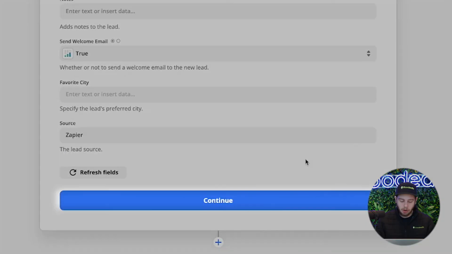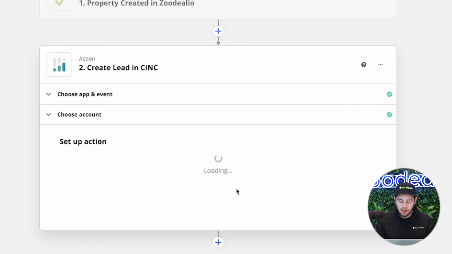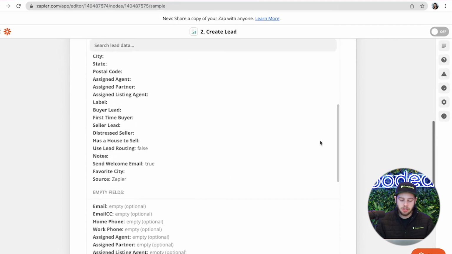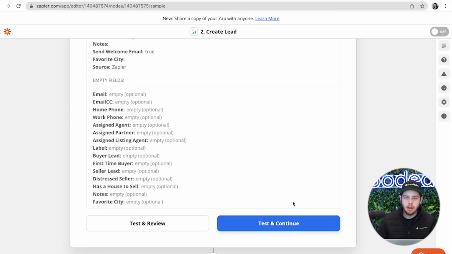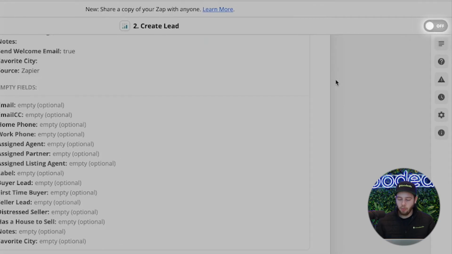Once you're done, you'll go ahead and hit continue, and then it'll have you test the submission. So if you go ahead and hit test and continue, it'll take the lead that was pulled for the test on Zoodealio side, and then it'll send that into whatever app, software, CRM, whatever you're linking to, it'll send the information into there. Now, once you have this saved, you can then turn it on,